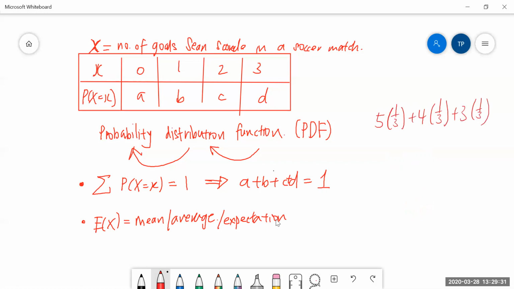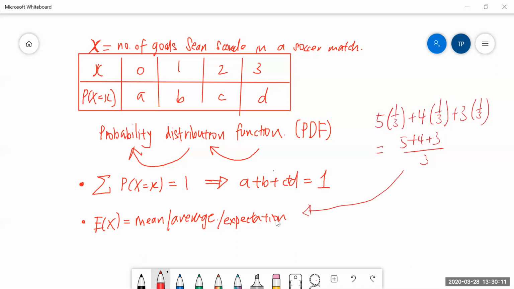The reason why we did this was because we assumed that every number has equal probability of happening. Means there's a 1/3 chance of John bringing $5, 1/3 chance of Mary bringing $4, 1/3 chance of Sean bringing $3. This is why we divided by 3, because it's actually equal to 5 plus 4 plus 3 over 3. We are actually using the amount of money, which is the random variable, multiplied by its corresponding probability to find the mean